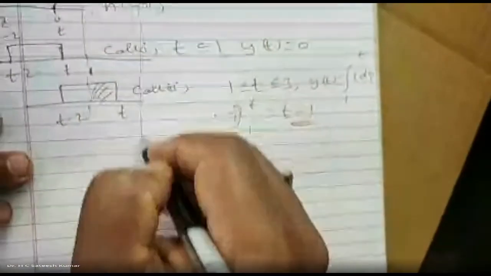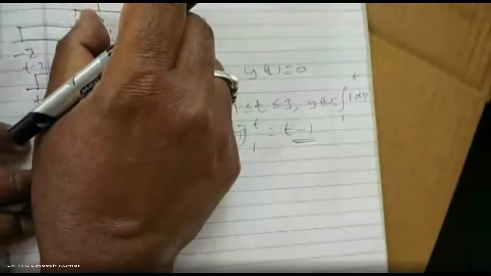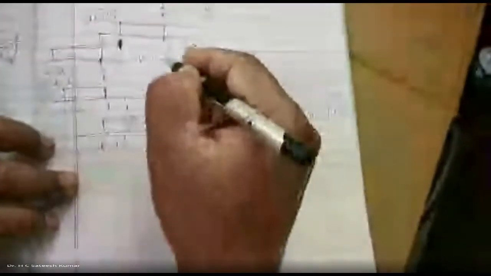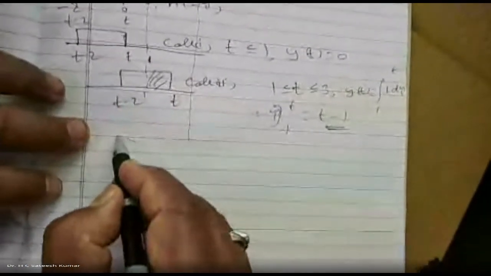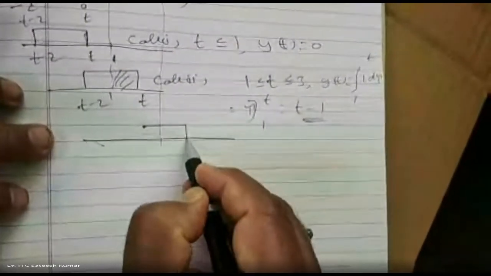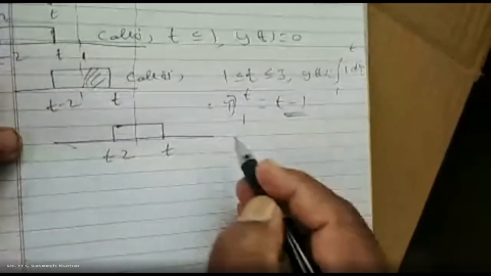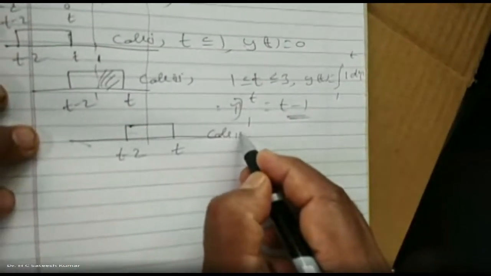Since the width is 2 units for both of them, once it reaches here, it is completely overlapped. Now it starts moving away, and because the width is the same, no constant area will be obtained. So case number 3, this is t minus 2. Case number 3,